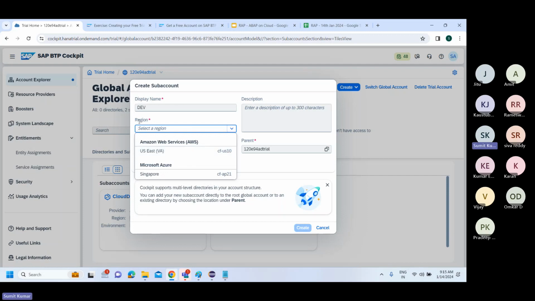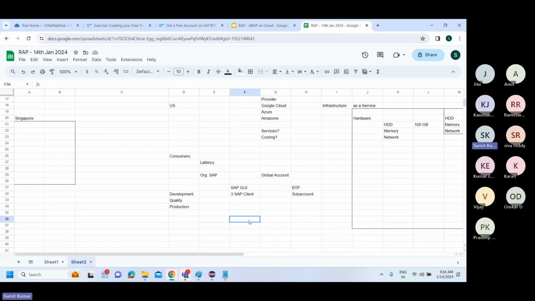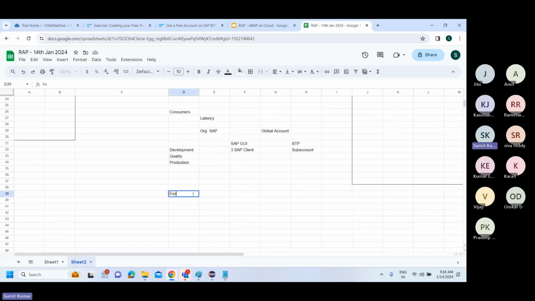But I'll say if I am selecting a particular person, an organization, a provider who is going to provide me the service, there can be some provider plus the region onto which they would have hosted their services. Amazon Web Service has US East, Microsoft Azure has Singapore. On top of it, each service provider provides n number of services,